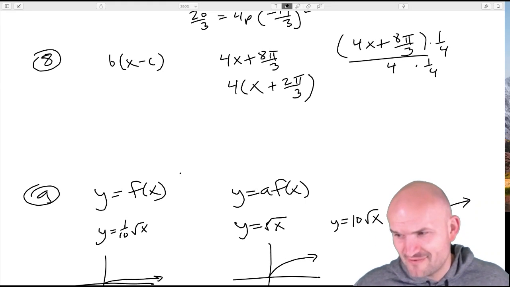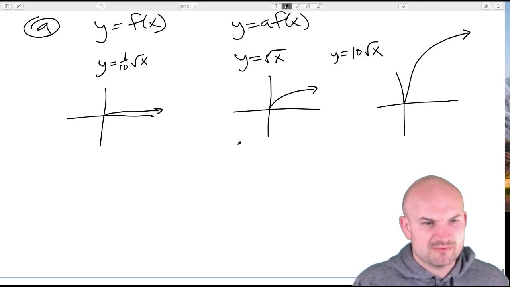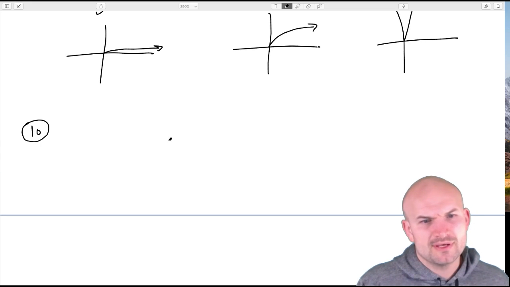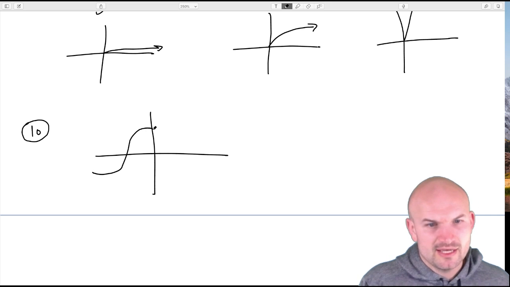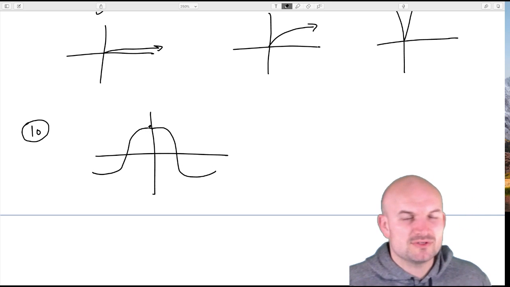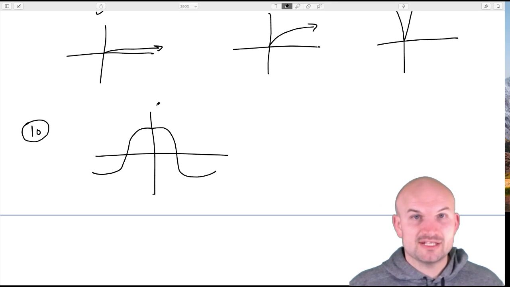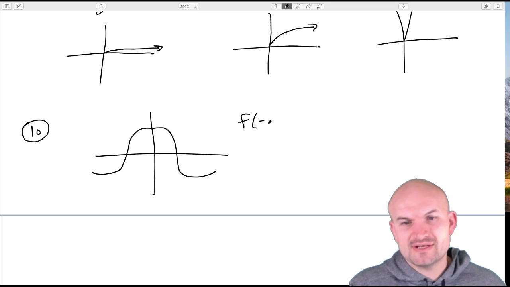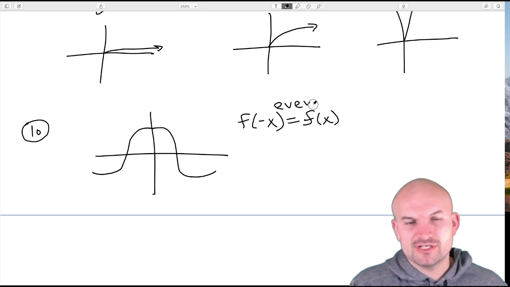Why is cosine of negative x equal to cosine of x? That's something I can explain rather quickly without doing too much math. I'll just do it right here. Here's the cosine graph. What I want you to understand is this graph is reflective about the y-axis, so it's even, and any even function has the characteristic f of negative x equals f of x. That is for all even functions. And even if you look at the unit circle,